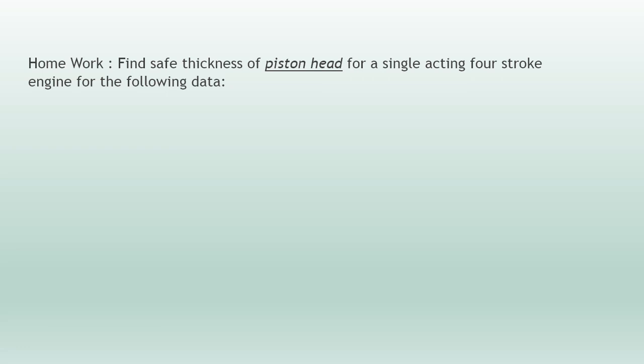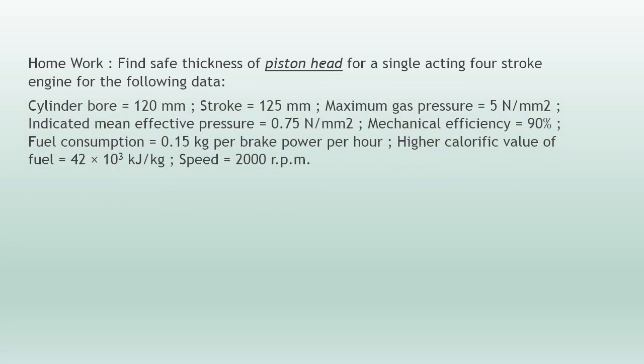You have to find out the thickness of the piston head for a single acting 4-stroke engine. Okay, and you have the following data: cylinder bore, stroke, maximum gas pressure, mean indicated effective pressure, mechanical efficiency, fuel consumption, CV and speed. So you have to find out the piston head thickness on the basis of strength and on the basis of heat dissipation. You have to recommend which one is best suitable for your safe design. Okay, so solve this numerical